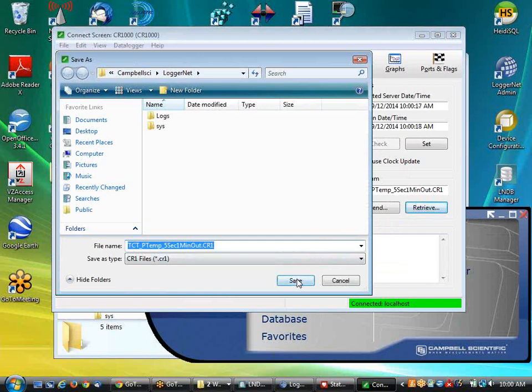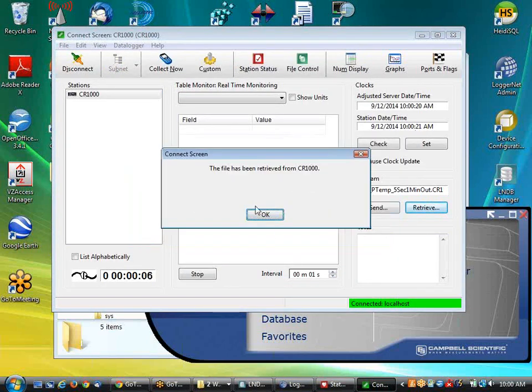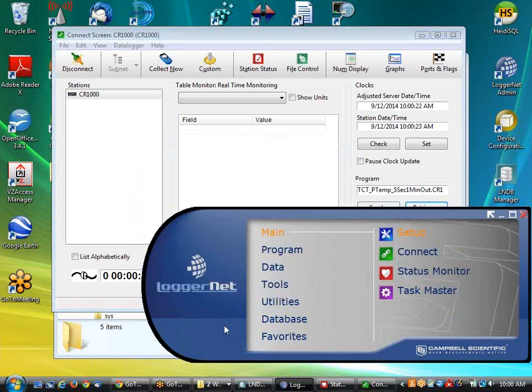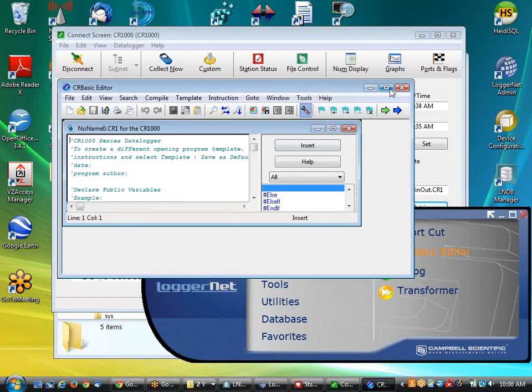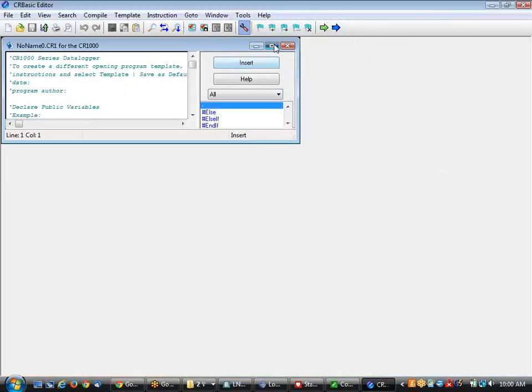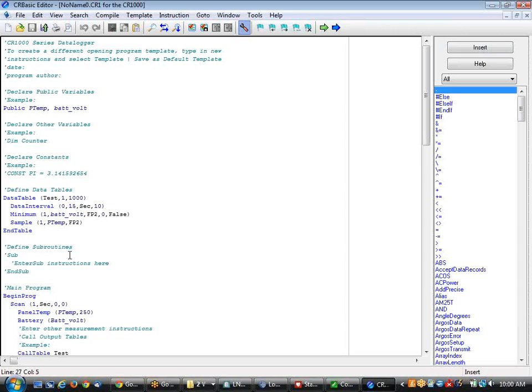We get the same hiccups. No? Got it that time. I think there must be another logger net hitting my data logger on my desk. Come on. Okay, so